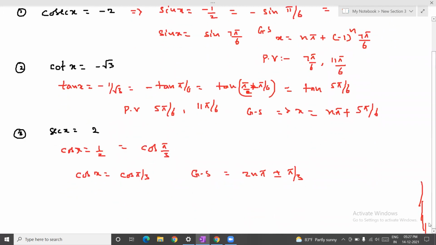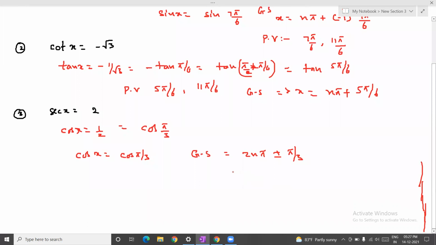Obviously, it lies in the first quadrant and the fourth quadrant. Correct? Yes, sir. Pi by 3 in the first quadrant. Pi by 3 and how much? 330, that is 2 pi minus pi by 3. So the principal value is pi by 3 and